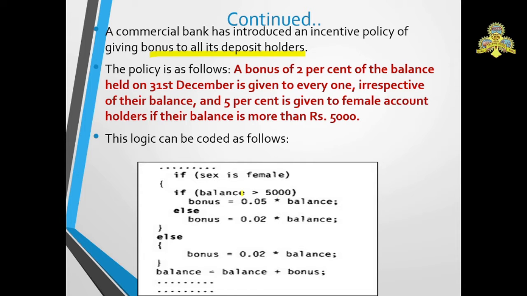This is the outermost if statement. In the outermost if statement, we are checking whether the gender is male or female. If the gender is female, means if this part is true, then one more if statement is encountered, that is the innermost if statement. Here in the innermost if statement, we have one more test expression, that is, if the balance is greater than 5,000 rupees, then